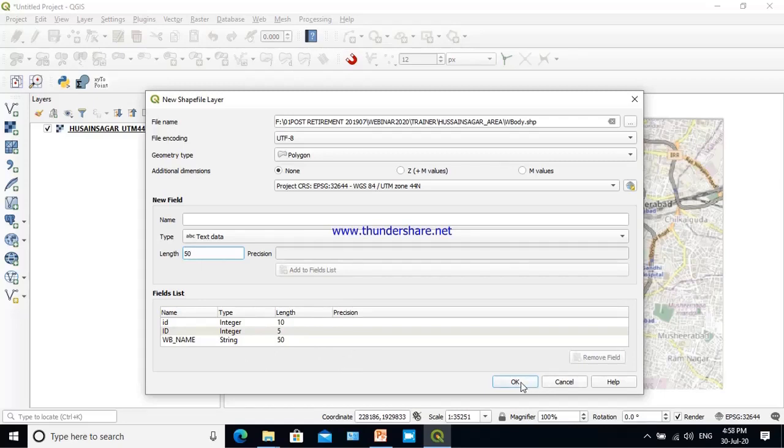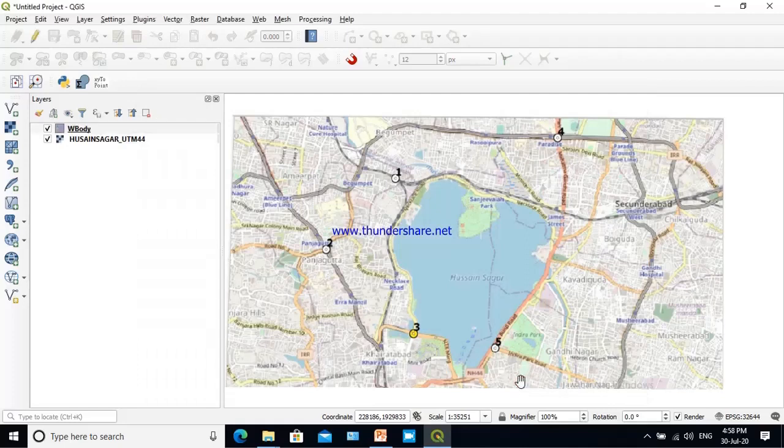So okay, and in that way the layer will be generated for digitization. So the background image is there, and you have this water body layer created. Now you can start digitizing the water body.